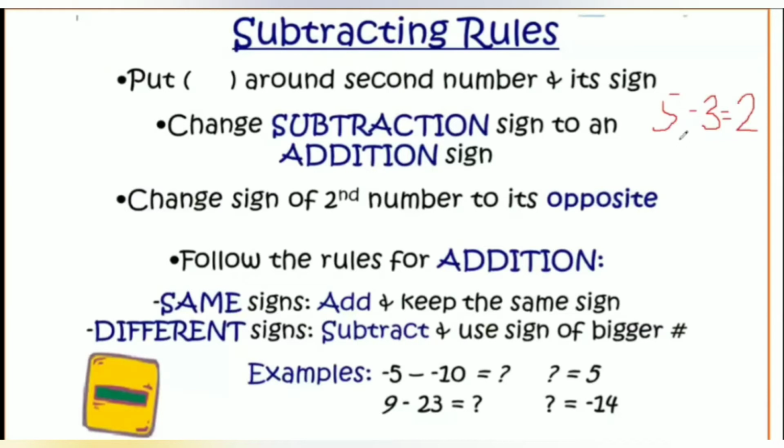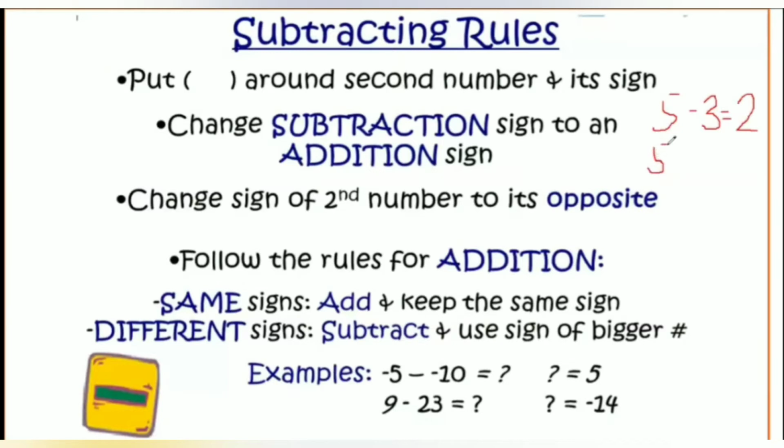So if we have 5 minus 3, the answer is 2, right? So we know that if we take away 3 from 5, the answer is 2. So take note of this minus, this operation minus. Okay? Now, if I am going to have